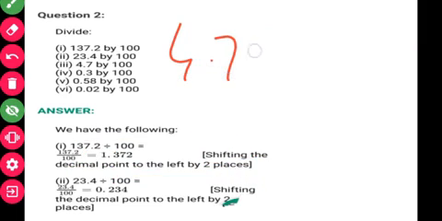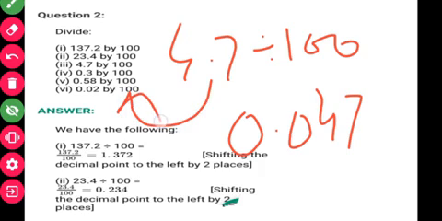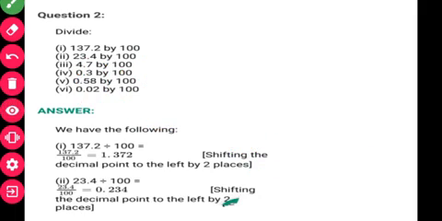Next, similarly third part is given. 4.7 divided by 100. So here how many zeros? 2 zeros. So here only 1 digit is given before the decimal, so we'll put 0. So that will be 0.047. Okay, because decimal will be shifted 2 places. So here 1 place this and another place 0. Then put decimal. Okay, so 0.047. Understand? Now come to next question.